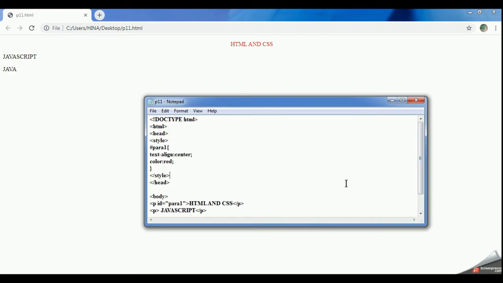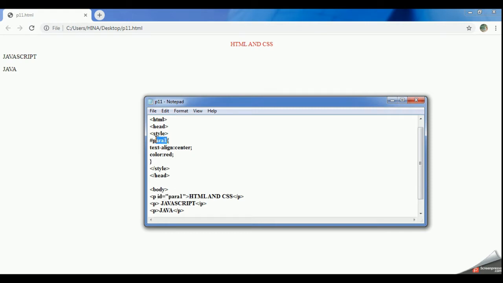Okay, but if I am using my ID, that is id equal to para1, then only the specific elements on which I am using my ID will be affected, not all the elements. All the elements will not be affected. Is that clear? So this is your ID selector. Clear? In the previous one you studied the element selector.